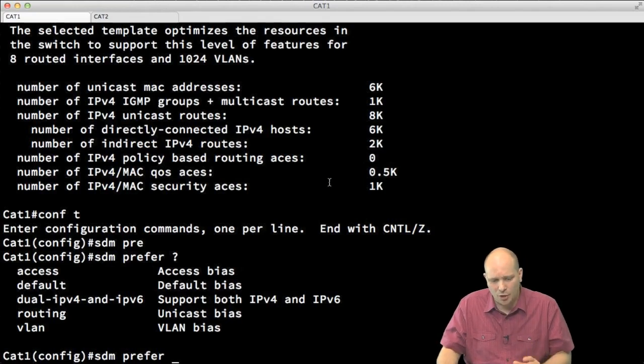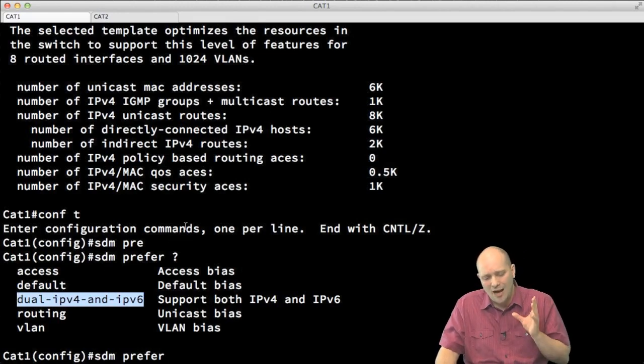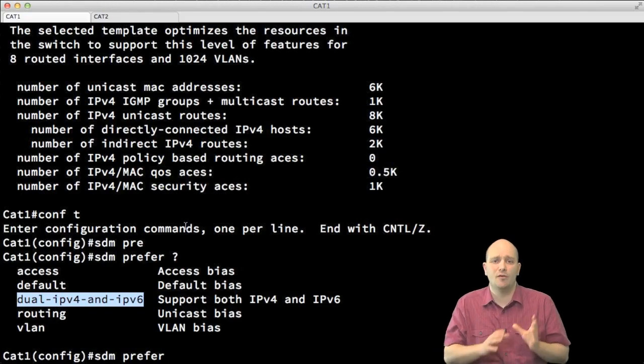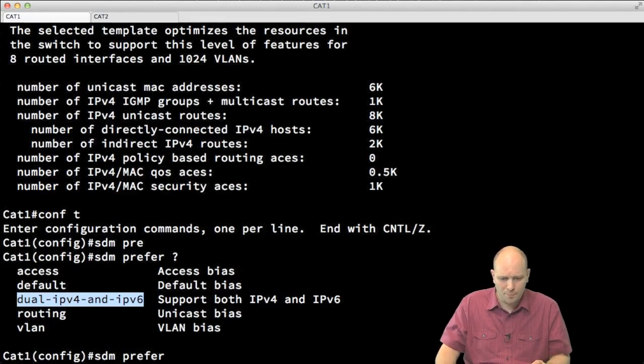One particular exception is if you want to configure IPv6 routing on your switches. If you want to do that, you absolutely must change from the default SDM template. You need to change it to something that is called the dual IPv4 and IPv6 template, because otherwise IPv6 routing is not supported on 3560 and 3750 switches. So going back to our topics here,